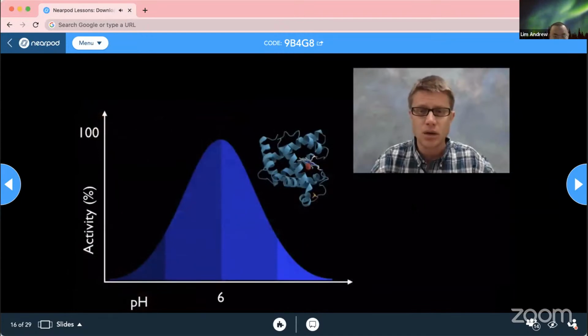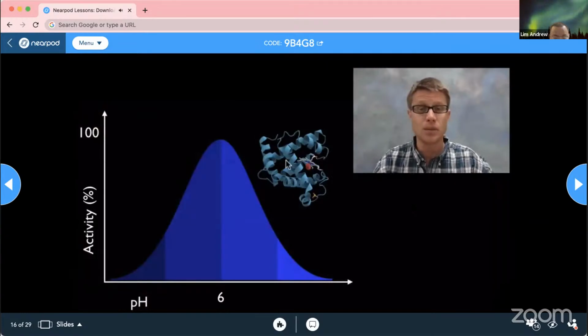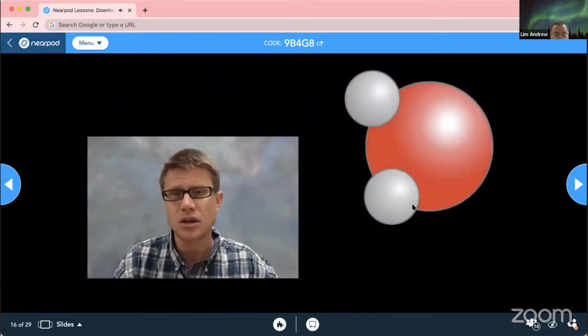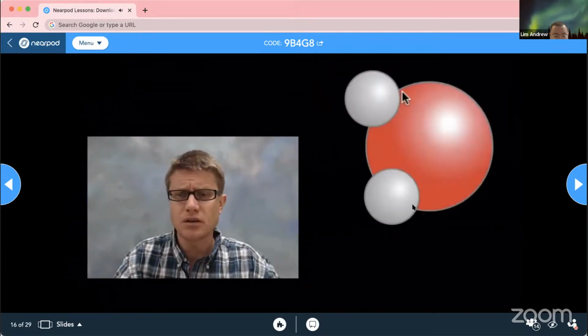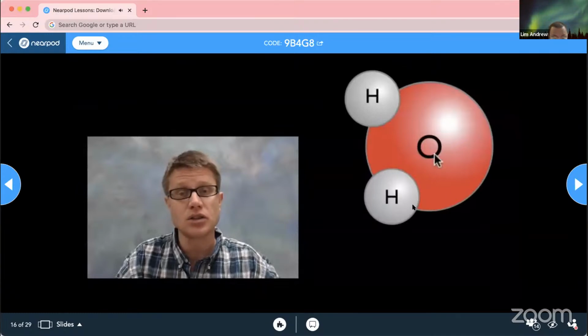I'm a biology teacher, and so everything kind of goes back to life. And so this is a protein, it's called myoglobin. It's found in your muscles, and it's going to be most active at a pH of 6. It's going to work at a pH of 5 all the way up to 7, but if we start to move our pH too low or too high, that protein's going to denature and our muscles aren't going to work. And so it's important that the pH levels remain relatively constant and they're not changing that much. But what is pH? Well, we've got to start by talking about water. And so this is a water molecule. Remember, we're going to have hydrogen here, 2 hydrogen atoms, and then 1 oxygen atom.